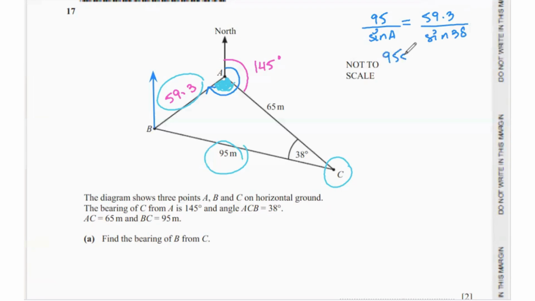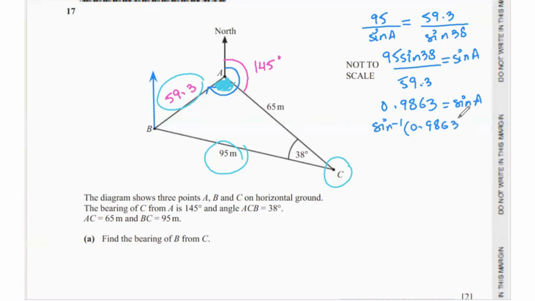So 95 times sine 38 divided by 59.3 is equal to sine of angle A. That is 0.9863. Now you find the sine inverse of this, and that's going to give us 80.5